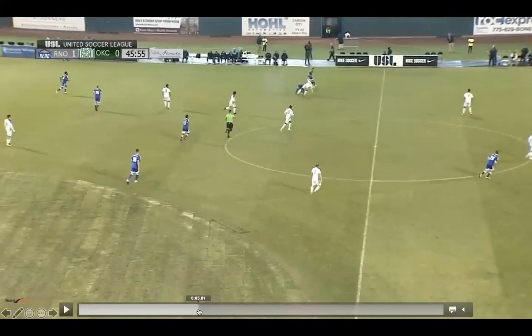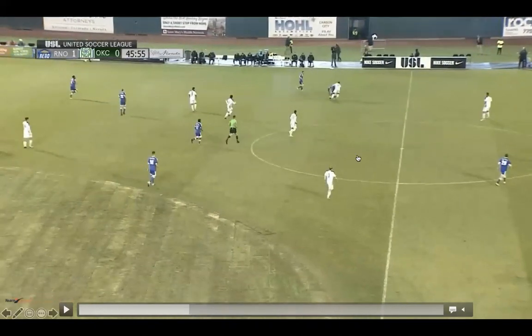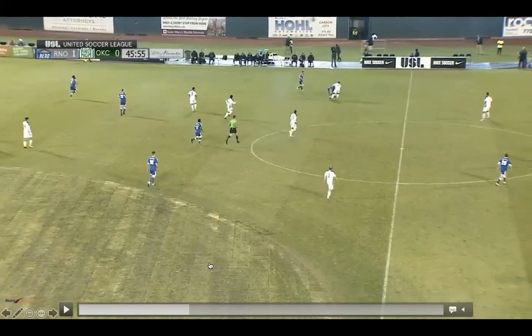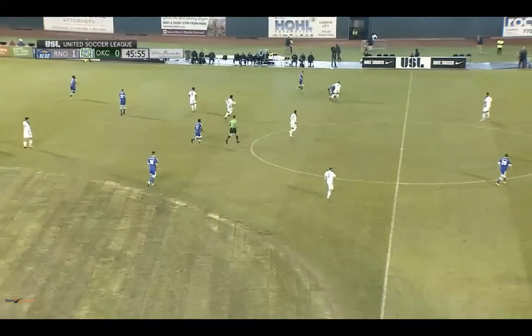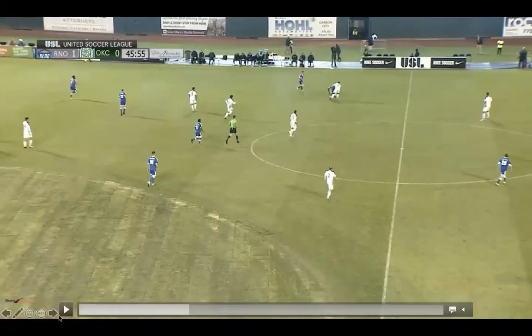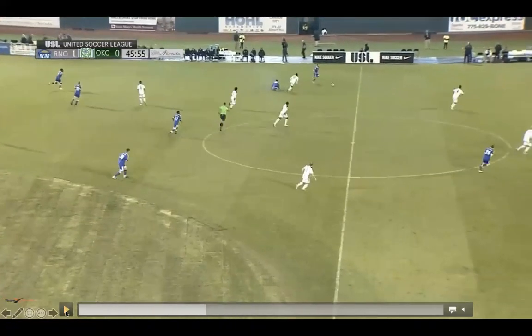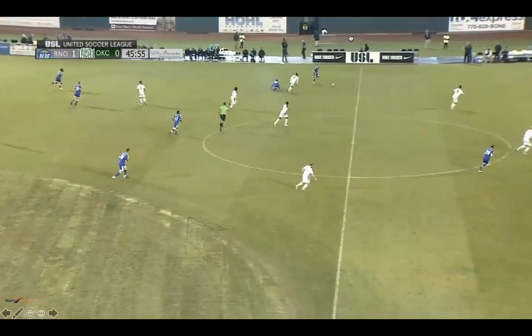So this is a scenario where, yeah, the player is getting fouled, but if these 2 players haven't been going at it all game, this is not too severe of a foul. It's just a careless foul, simple foul, pushing the back. This is a low-risk foul to wait a second to see what happens. You can always call the foul later if you need to. So there's not a lot of severity to this foul, which means you can go ahead and just wait for just a second and see what happens. The referee does a wait and see here. He sees that player get the ball, off to the races.